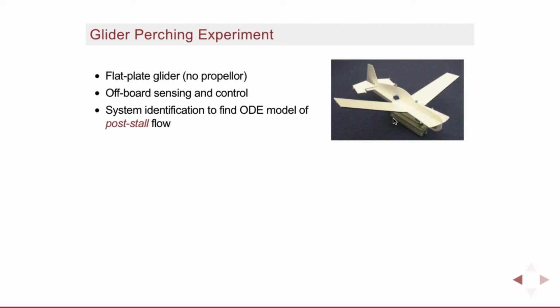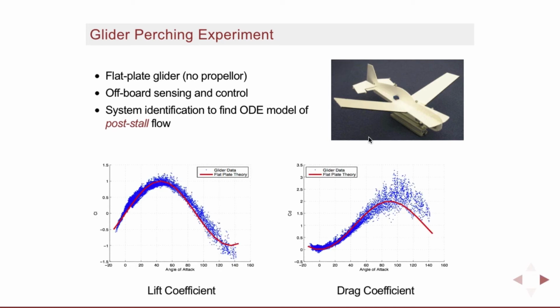Okay, we shot the plane a bunch of times in this motion capture environment and did system identification to try to build models of the post-stall airflow. So this is a plot of the lift and drag coefficients backed out from double differentiating the motion capture data twice, okay, as a function of angle of attack. And it turns out textbook flat plate theory, which includes the post-stall regime, does a very nice job of explaining the lift coefficient. It does a reasonable job of explaining the drag coefficient, especially if you look inside this data here, which looks like messy, noisy kind of data. There's actually a pattern here.